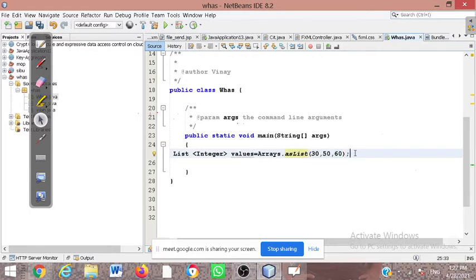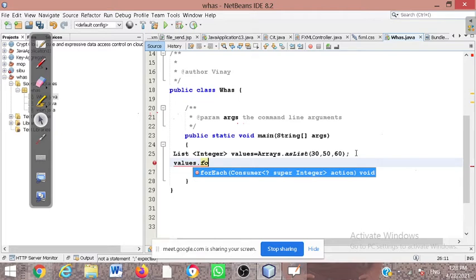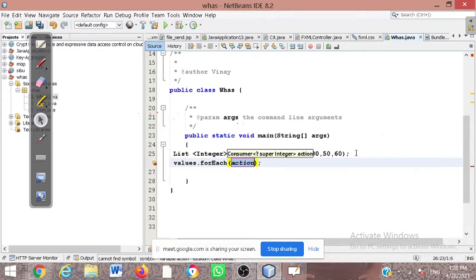What do we have to do? We know that with the help of the reference of values, we can take the values here. Now for that we know that one method is predefined. In internal iteration we saw the dot forEach method. This forEach method will come here, and it is implemented in the List interface class. I told you the forEach method is actually implemented with the default keyword in the Iterable interface, right? But here our intention is to use the forEach method as a reference.